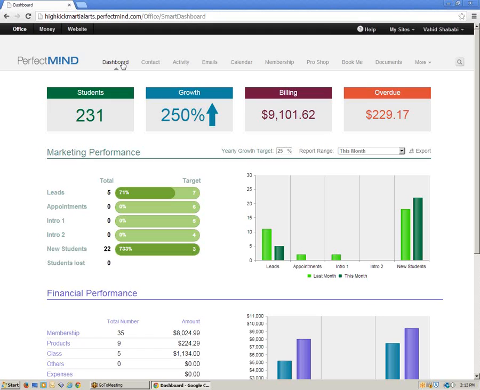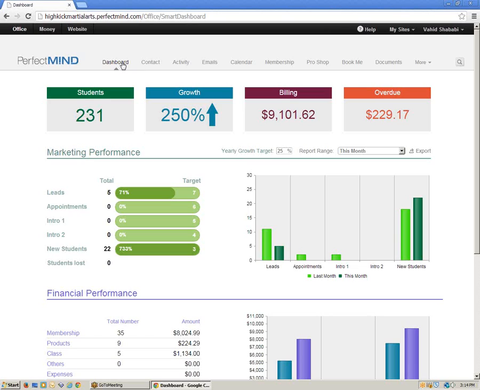Now, with ABC non-active, this has to be an assignment for every single instructor before going to the class, to know all the students by heart, who's A, who's B, who's C, and this is the goal. You need to bring the C-grade students to B, and you need to bring the B-grade students to A. Never approach students to renew if they're B or C, because that clearly shows they are not engaged with your service. They're not engaged with your class. You have to make sure you bring them to the A grade,